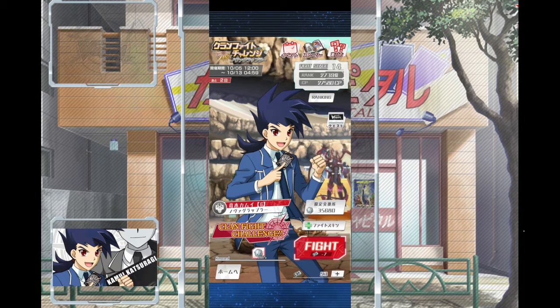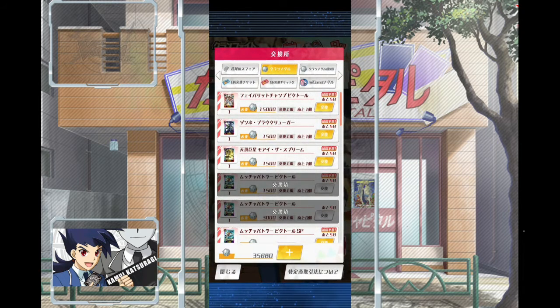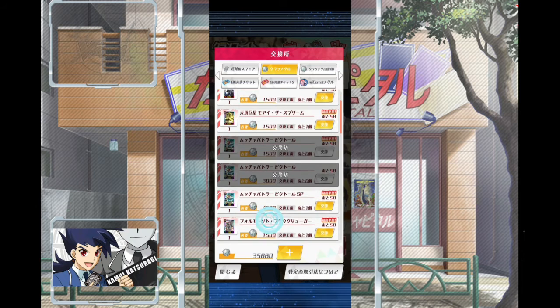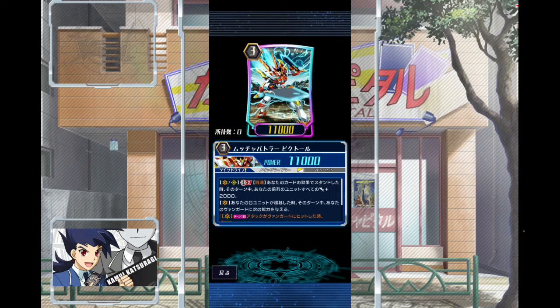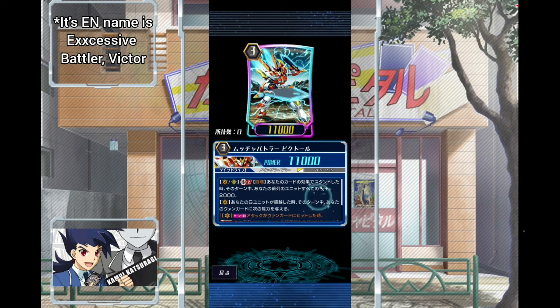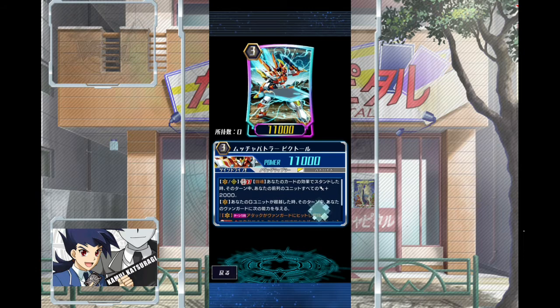So let's talk about the cards now. So we got a new Victor, which I believe is called Extreme Battler Victor, and a new Stride. Why did it take so long to load? Anyways, maybe the card name is a bit different actually, because it's written here Mucha Battler instead of Mecha. So anyways,